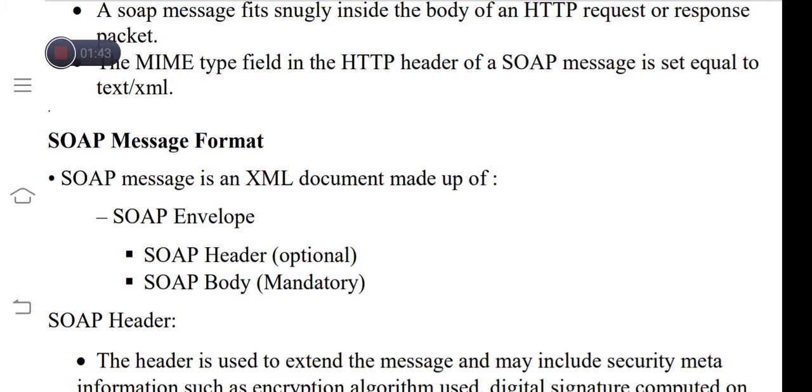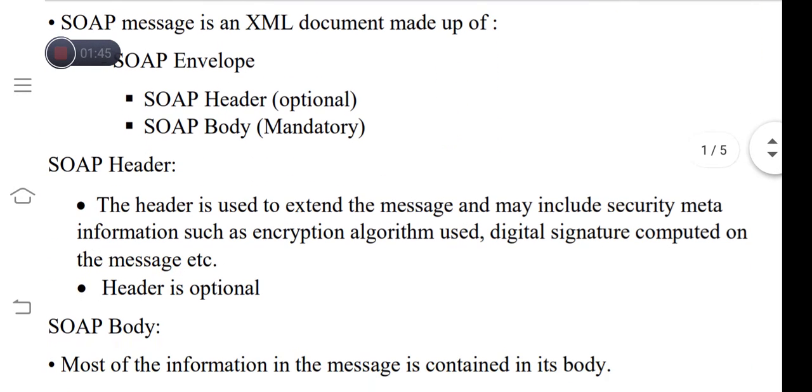The SOAP header is used to extend the message and may include security metainformation such as the encryption algorithm used and the digital signature computed on the message. The various information about the cryptographic parameters will be included in the header. The SOAP header is optional.